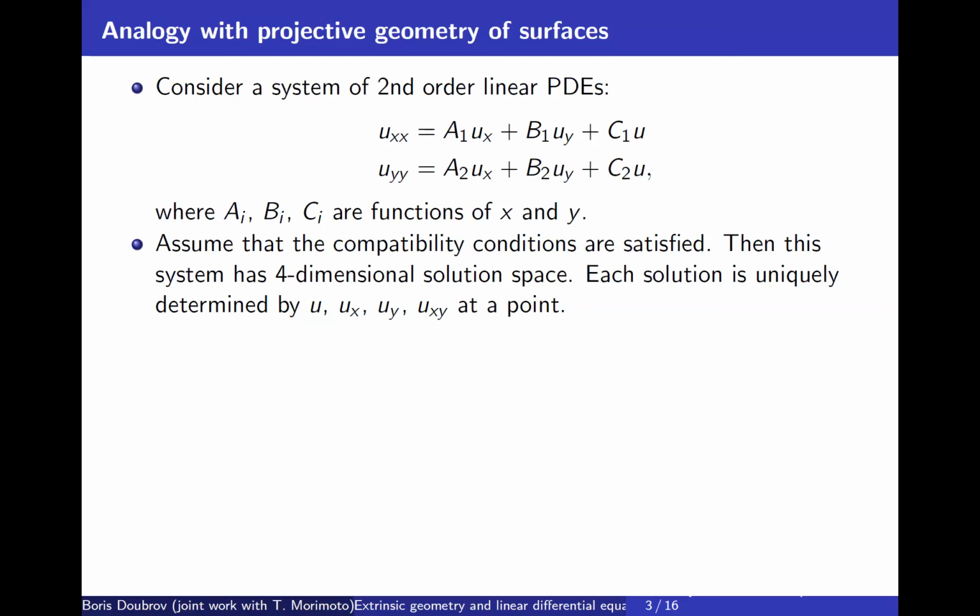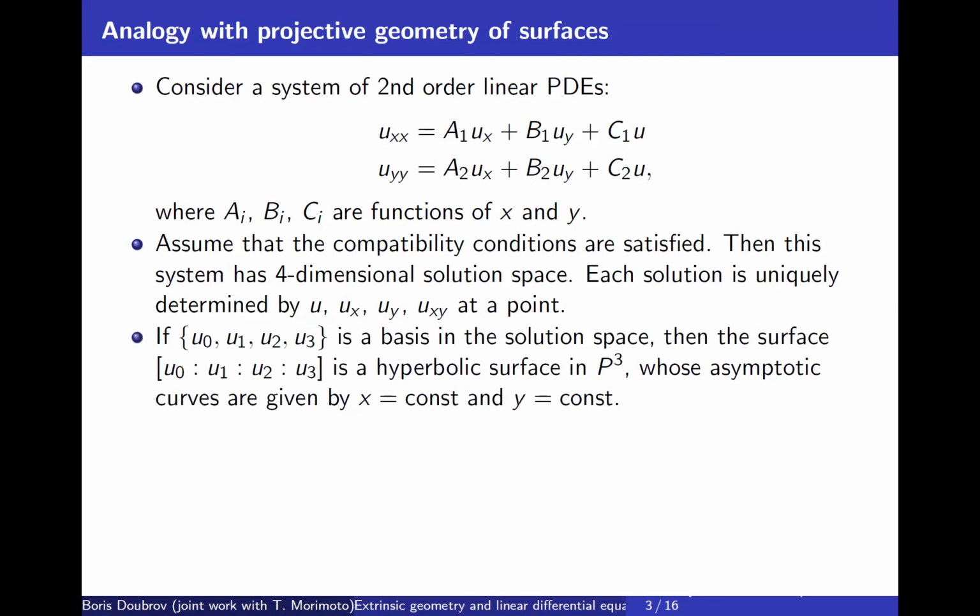Now, if we have this 4-dimensional solution space, we can turn the solution space into coordinates, or projective coordinates, for our embedding. So if U0, U1, U2, U3 is a basis of the solution space, then we just assume that U0, U1, U2, U3 are projective coordinates. And this gives us an embedding of something 2-dimensional, because U is a function of x and y. So U0, U1, U2, U3 will be functions of x and y. And what we'll have is a